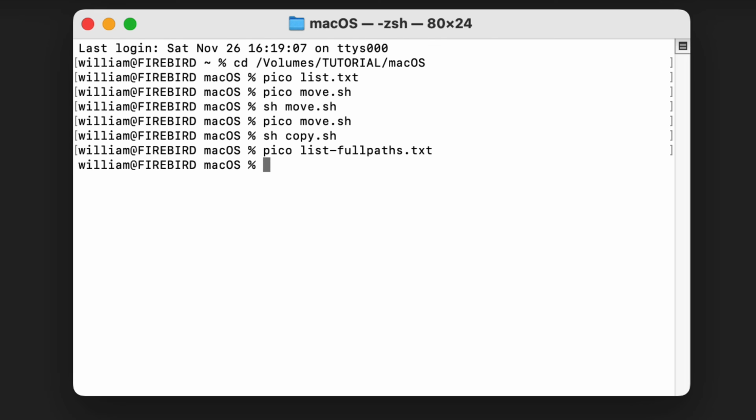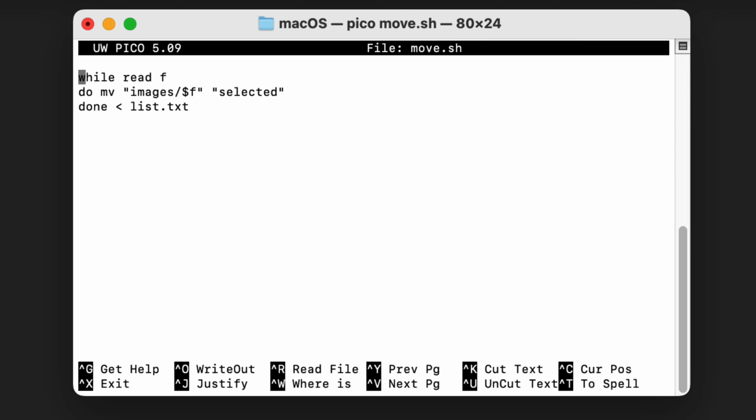Next, a tweak to the script. Enter pico space move.sh. On the second line, remove images and the path separator before the variable, because that's now in each line of the list file. Keep the quotes because it could still have spaces and break otherwise. At the end, change the list file to list-fullpaths.txt.